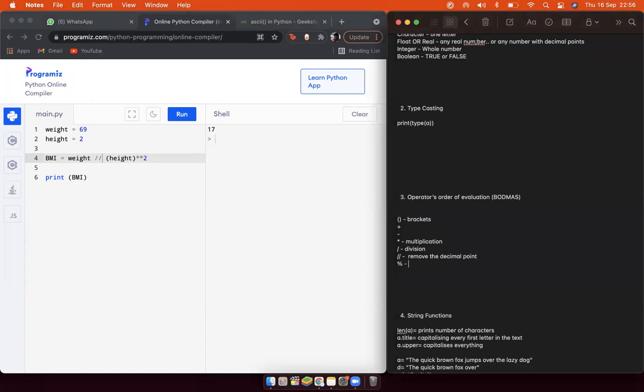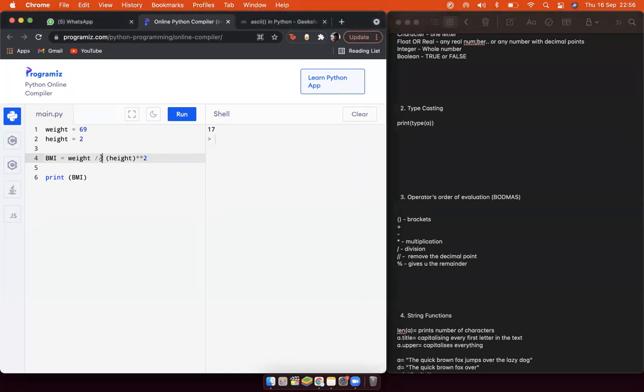Now this percentage sign, the modulus sign, gives you the remainder. So let's try it out. Put this over here and run it. The remainder is 1. Let's take another example.